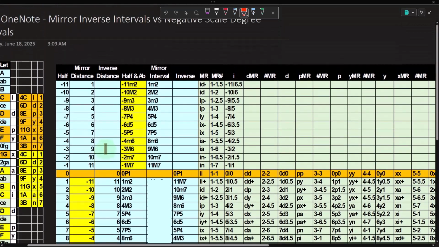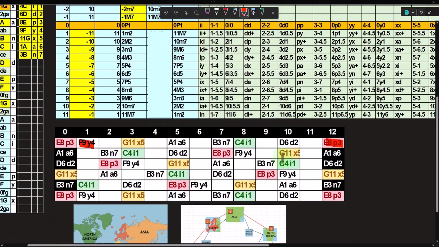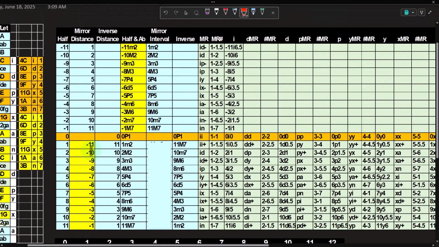So normally it would be going forward by 1. You can't see it here, but if I was on this one, I went forward to 1. You could see that distance there. And so you would think going backwards, if this was the 1 scale degree, 1, 2, 3, 4, 5, 6, 7, you would think it would be the -7 scale degree, but we don't have that. So I would just use the same term and say, okay, we're going to say it's going to be a